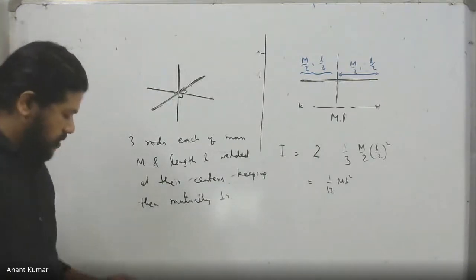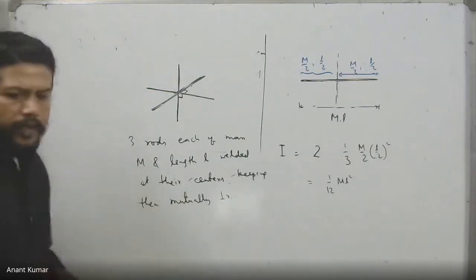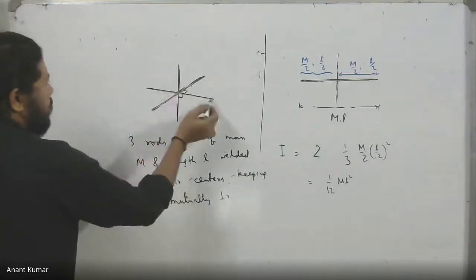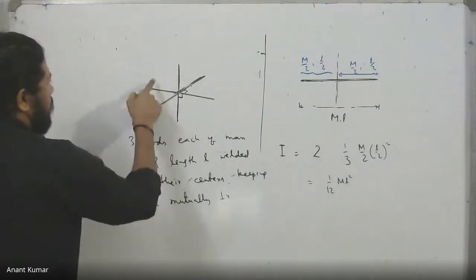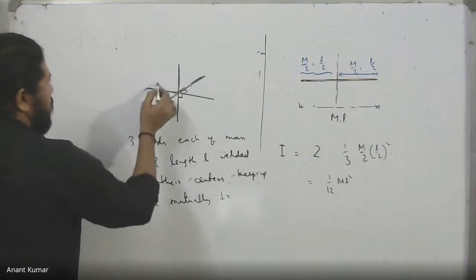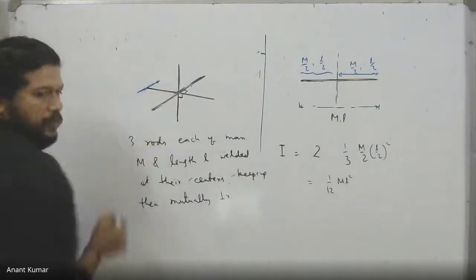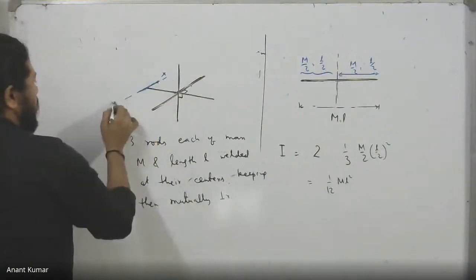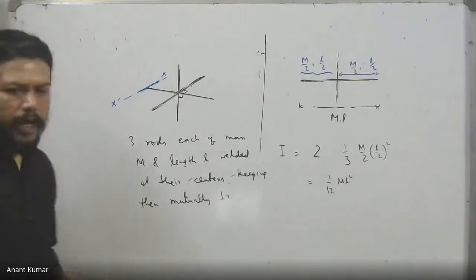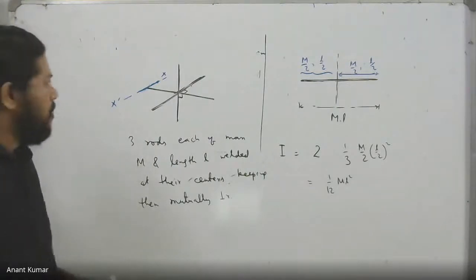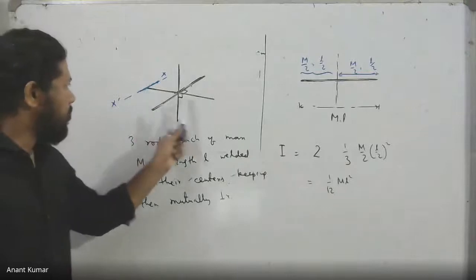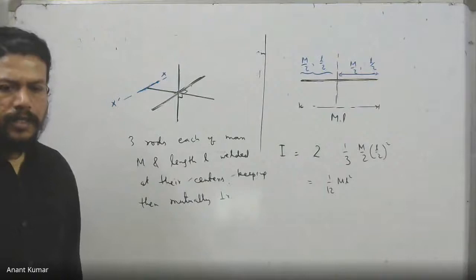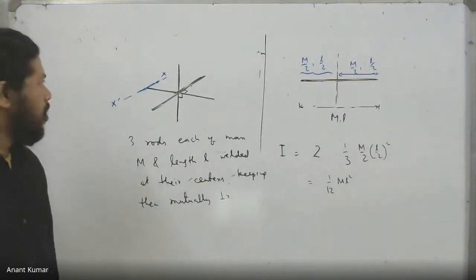So we need to figure out the moment of inertia about an axis which is passing through the end of one rod and perpendicular to that one, but parallel to another one. This axis is effectively passing through the end of one of the rods, is parallel to that particular rod, and perpendicular to this one. In this case, what will be the moment of inertia of this object?